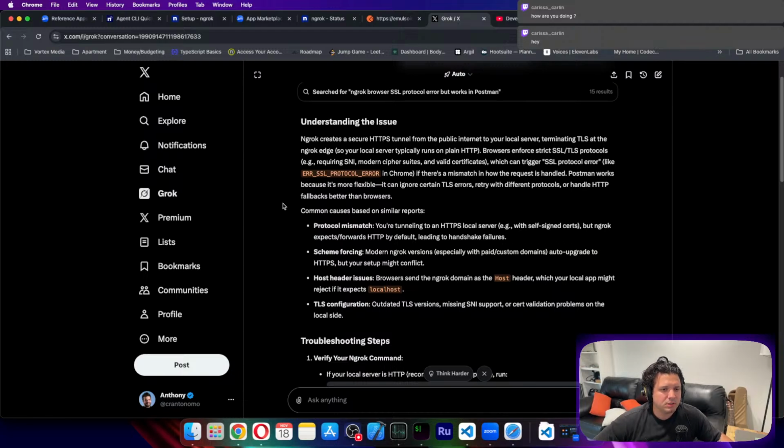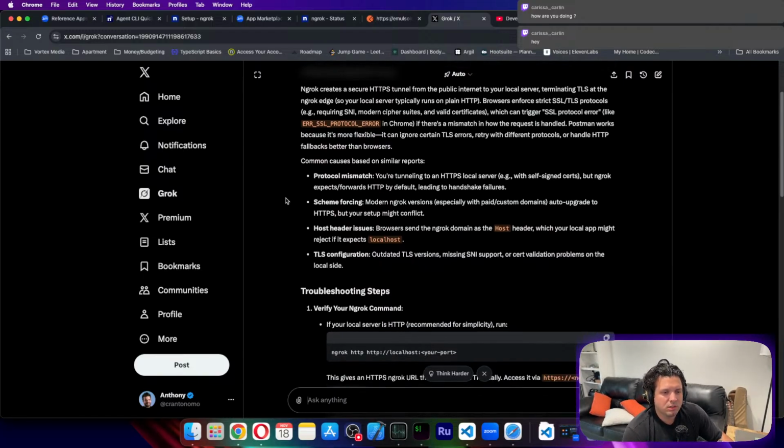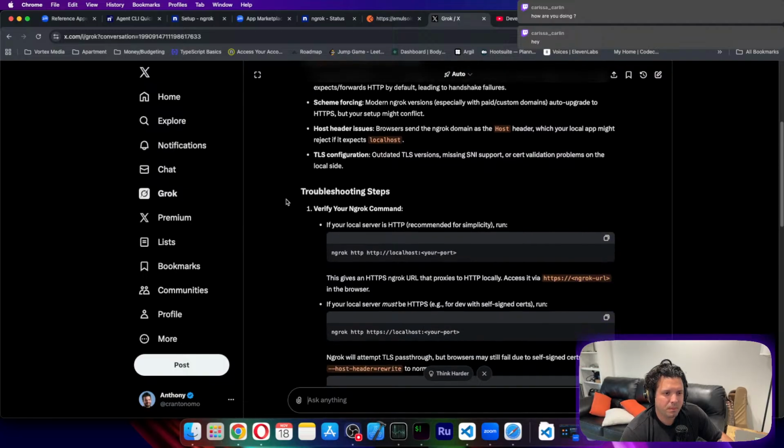Postman works because it's more flexible. Ignore TLS errors. Returning to an HTTPS local server, self-signed servers, but ngrok expects to forward HTTP by default, leading to handshake failures. Especially paid custom domains. If your local server is HTTP,